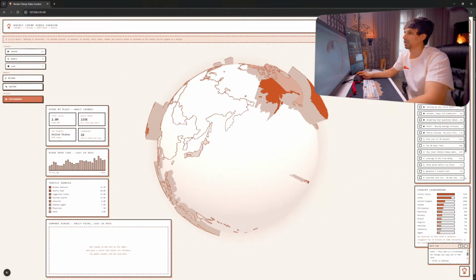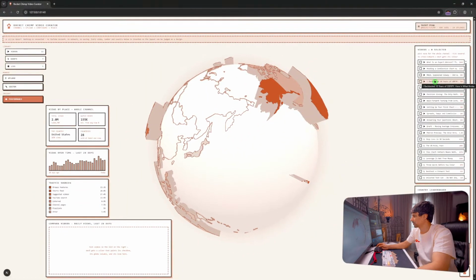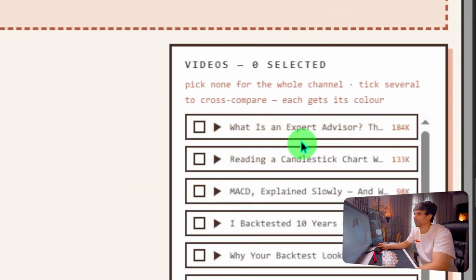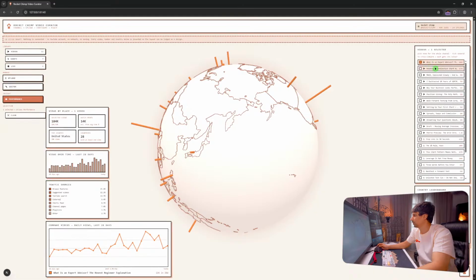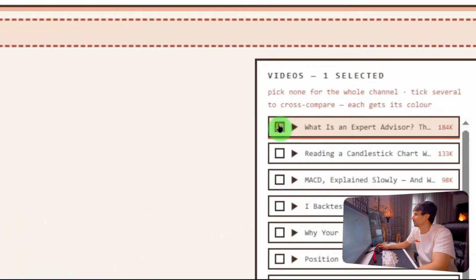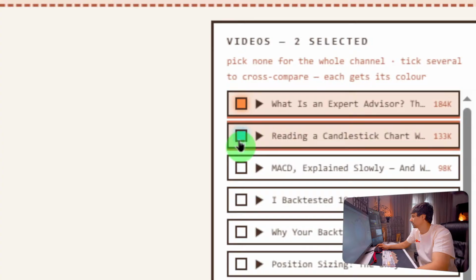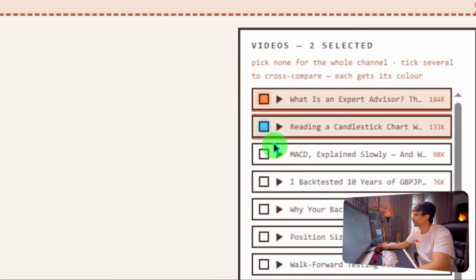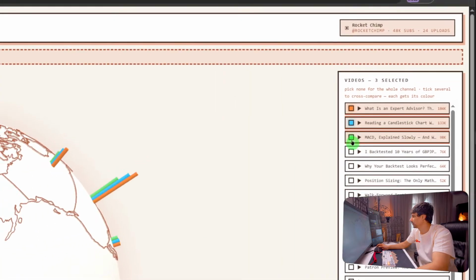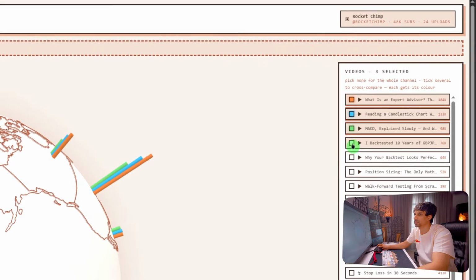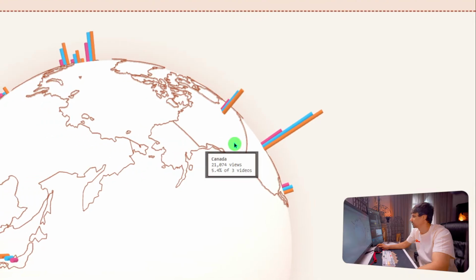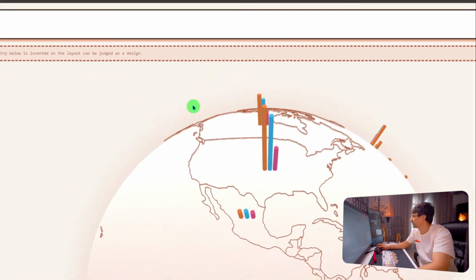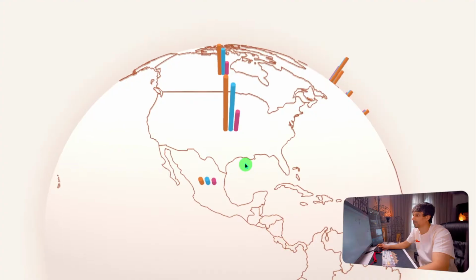I can choose a single video here, and when I choose it, a color will appear. So this is orange, right? And then this one here, blue. And you add them, and you can see all these pop up, like green, right? So you compare the different videos